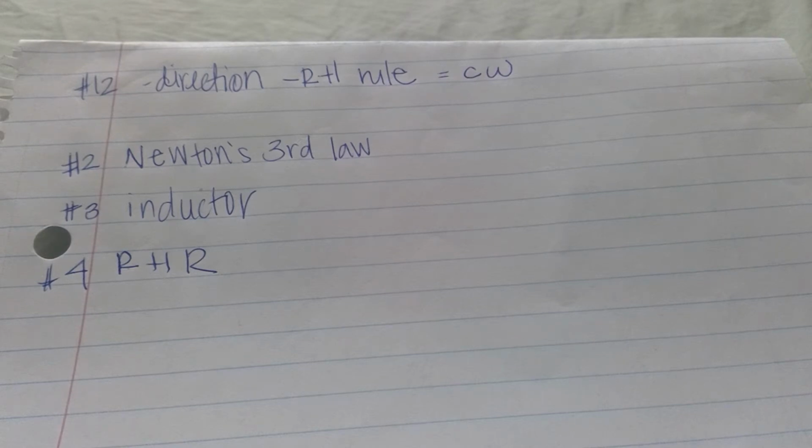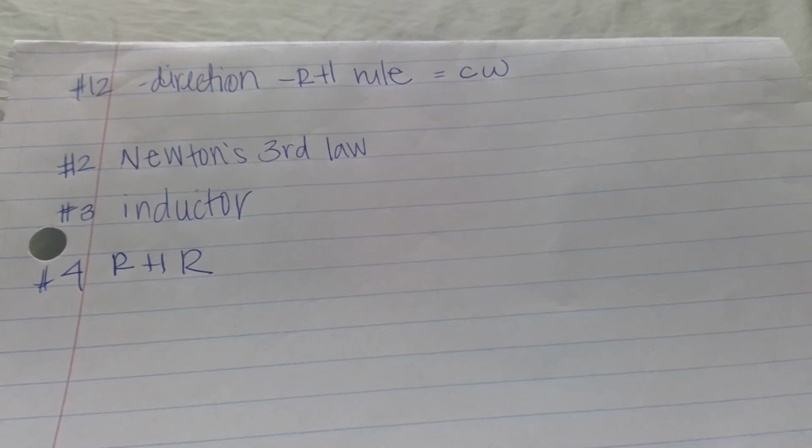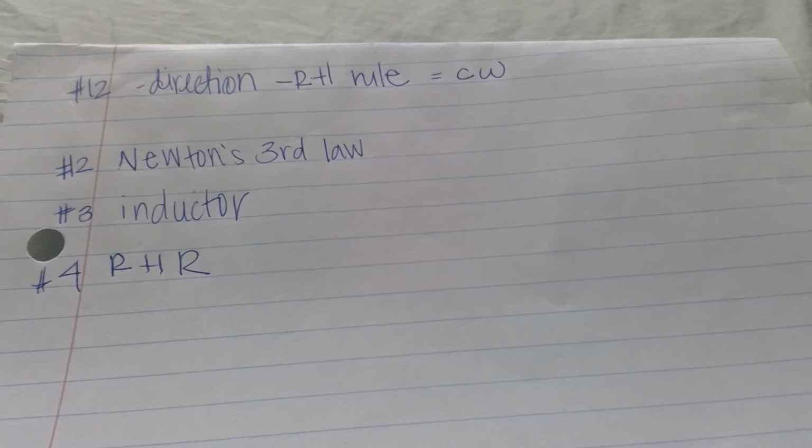Number 3: resistors don't have spikes. It said an inductor and a resistor connected in series to a battery. There's a switch that allows the circuit to be opened and closed. At the instant the switch is closed, the voltage drop across the resistor or the inductor is maximum? Resistors don't have spikes. So that leaves the inductor, but the reason that the inductor even has a spike to begin with is because